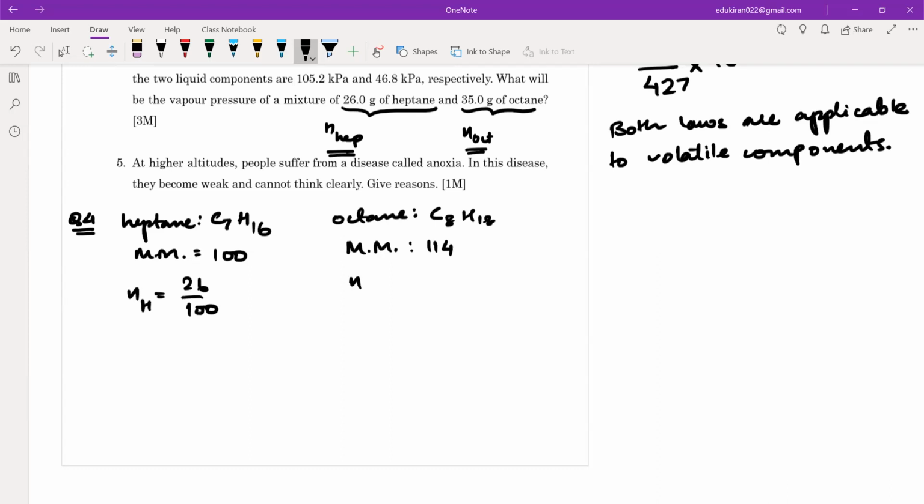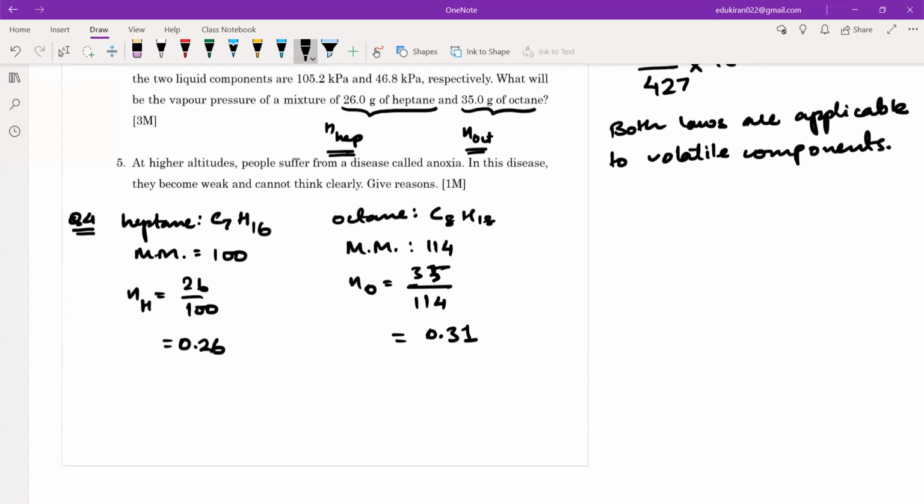And number of moles of octane will be equal to 35 upon 114 है ना। सो ये तो हो जाएगा 0.26, ये कितना आ रहा था आपका 35, 0.3 के करीब ही आएगा। Just 0.30. Yes, got it sir. 0.31. I also think it will be like 31 के करीब ज्यादा होगा, not exactly 0.30. Any other who got 0.31? Sir, I got 0.308. 308 तो 31 ही होगा।